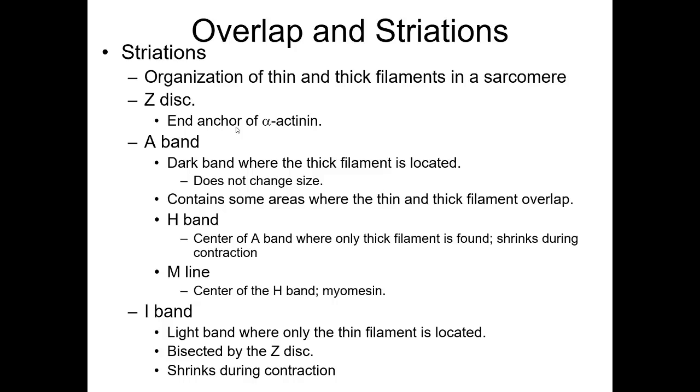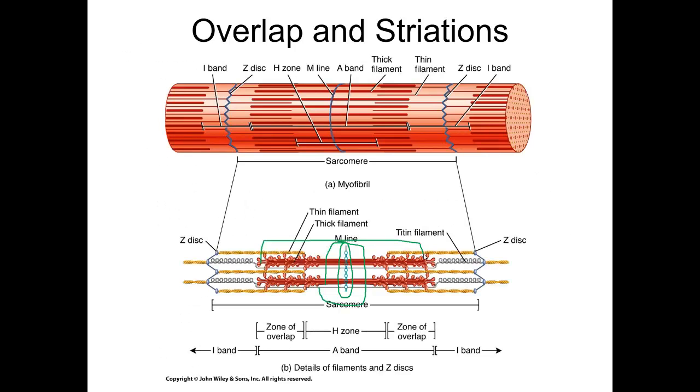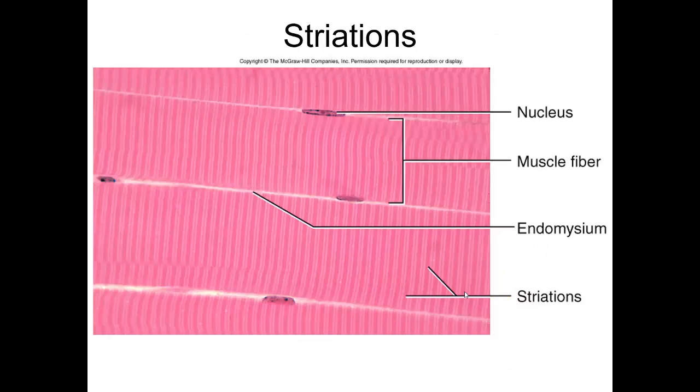So to recap, here is the M line. Around the M line is the H zone. This is the H zone. Here is the A band. Here is the I band. Here's the Z line. Here's another Z line. This whole thing is a sarcomere. Here you see these striations, which is the thin filament